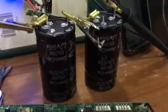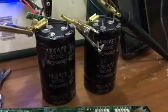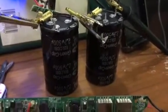I'm not terribly impressed with the supercapacitors, but it was worth a shot just to